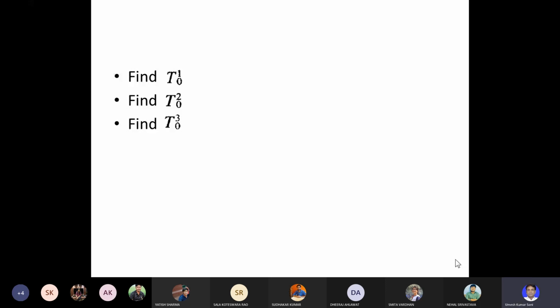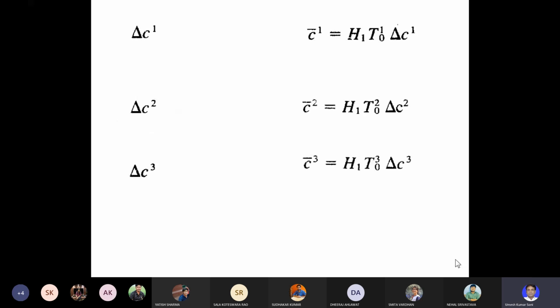So T10, T20, and T30 you have obtained. Later you had determined the center of mass of each link with respect to the base frame. Here you use this equation. Here delta C1 is with respect to the second end of the link, and here you calculate using this equation H1 T10 and delta C1. You calculate the center of mass with respect to